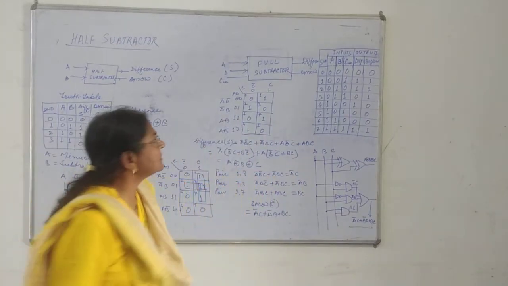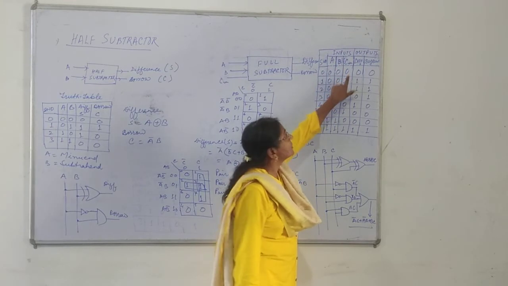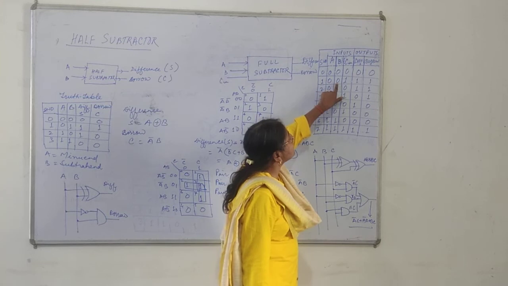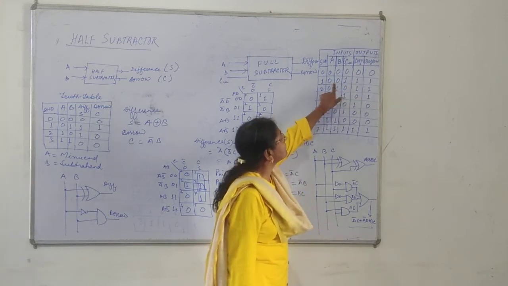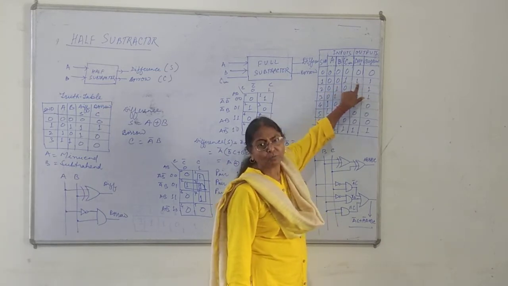We are subtracting this particular 0 from 0 and this borrow also. So here 0 0 both. In this case 0 minus 0 is 0, but 0 minus 1, what? It becomes 1 0. Same here. We will take one borrow. So borrow is set to 1 and 1 0 minus 1 is equal to 1.